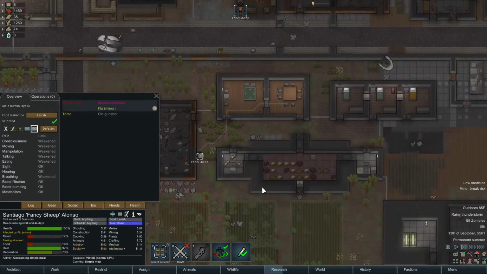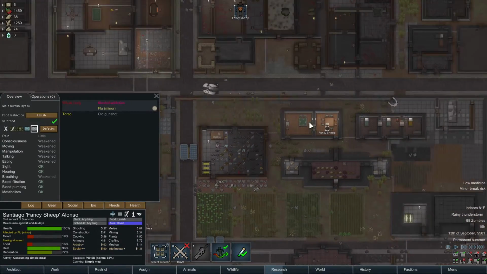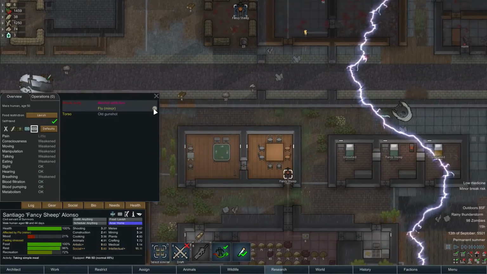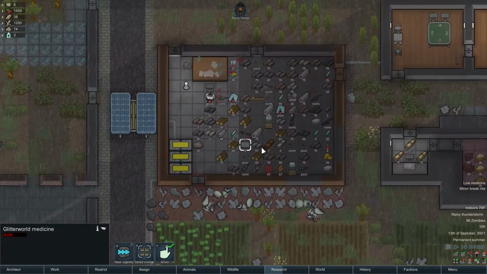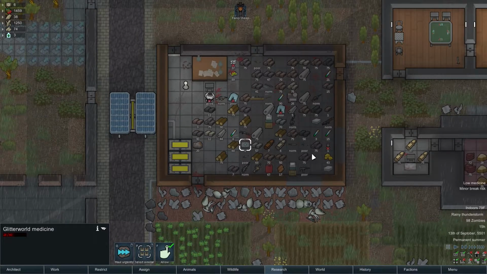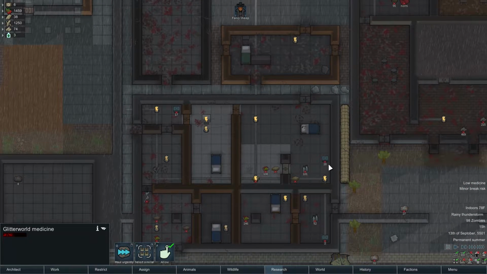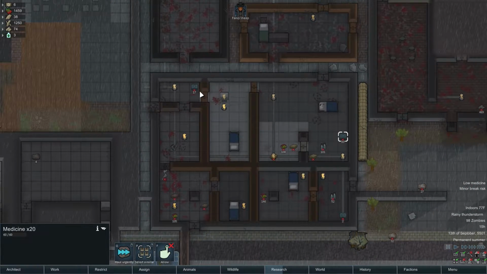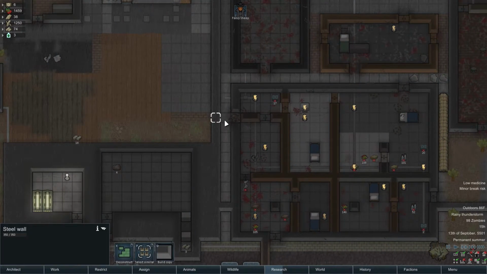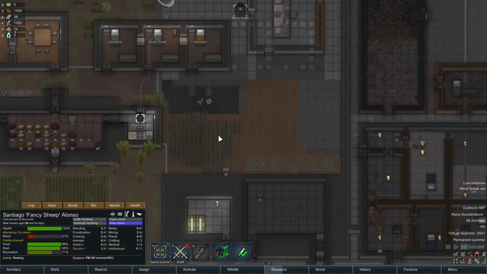We obviously won't get another Man in Black. It's very possible that it could take that route. I'm really hoping that it doesn't. But he's just doing garbage right now, and we've only got one more thing of Glitterworld medicine as well before he potentially croaks. Now we could dig into here. There's a couple of just regular medicine through here, and we might actually do that. It would require us to deconstruct this wall, probably clear any zombies out that are here, and